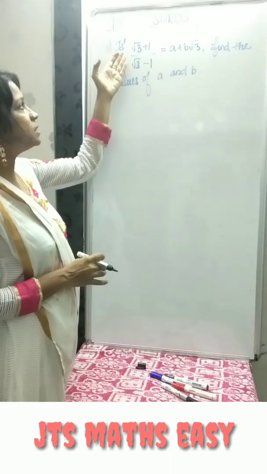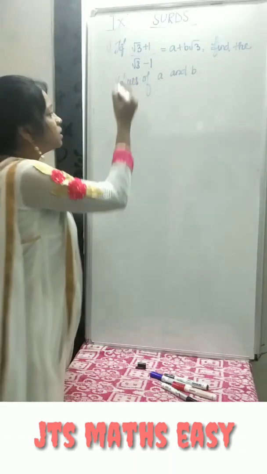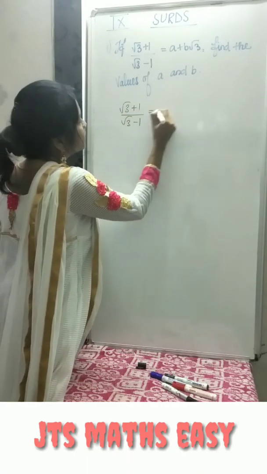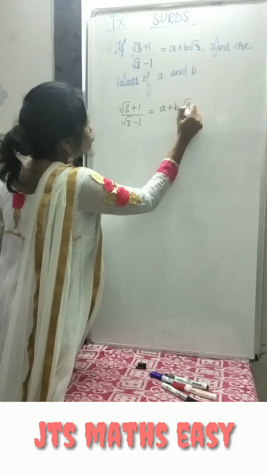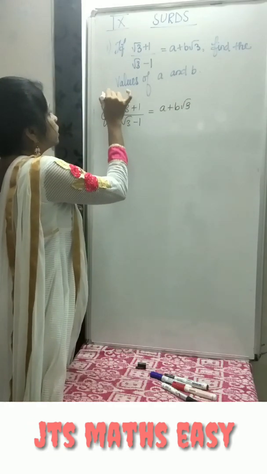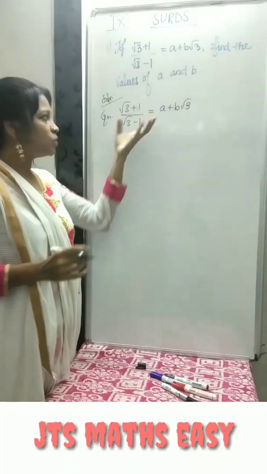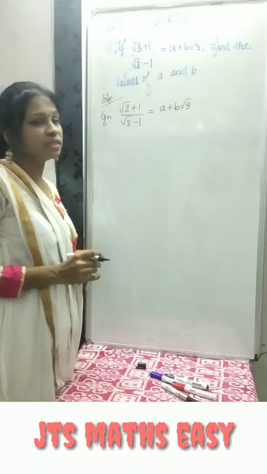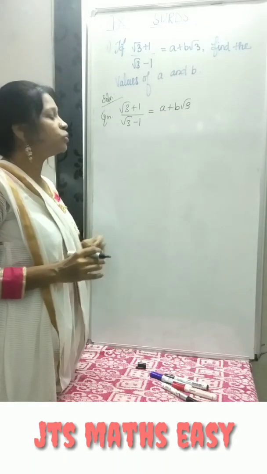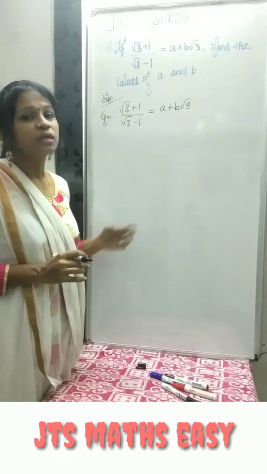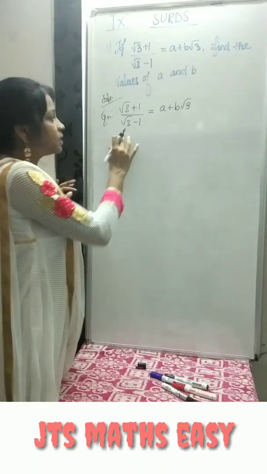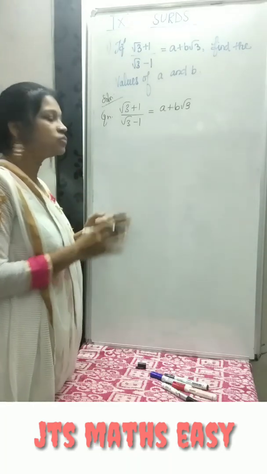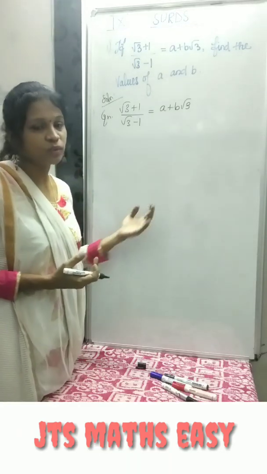Okay. So let's first consider what is given in the question. Root 3 plus 1 divided by root 3 minus 1 is equal to a plus b root 3. So next we want to solve this problem. Look at your LHS side. We have the denominator in the shared form, which means we want to rationalize the denominator. Rationalize the denominator in the sense we want to consider the RF first. So better you consider LHS separately, solve it, and then we can equate with the RHS to get the value.